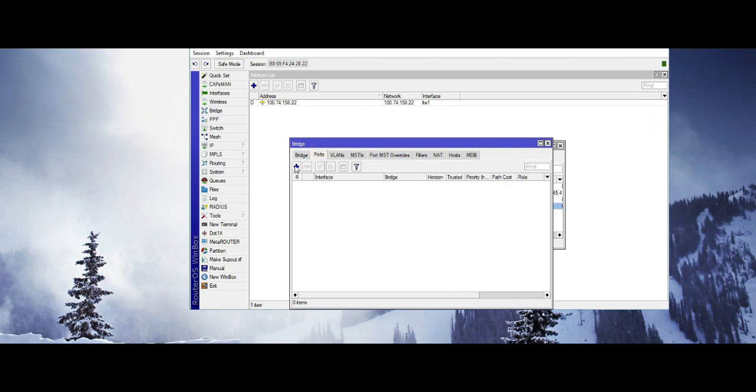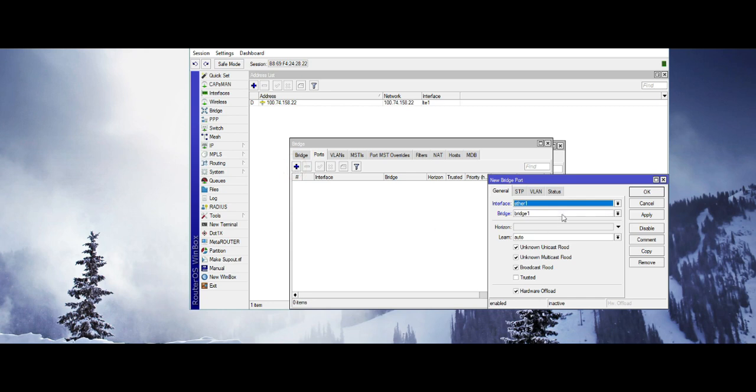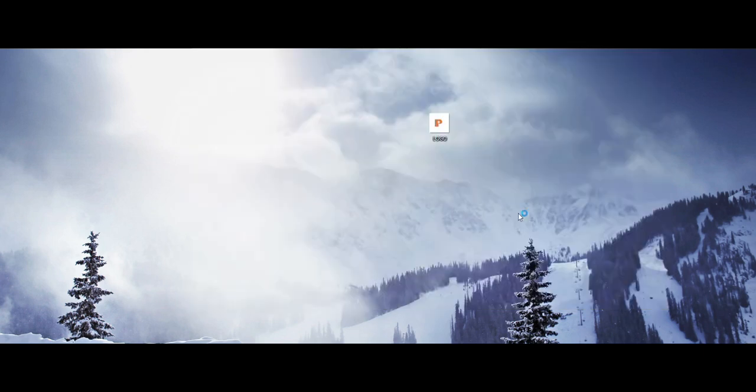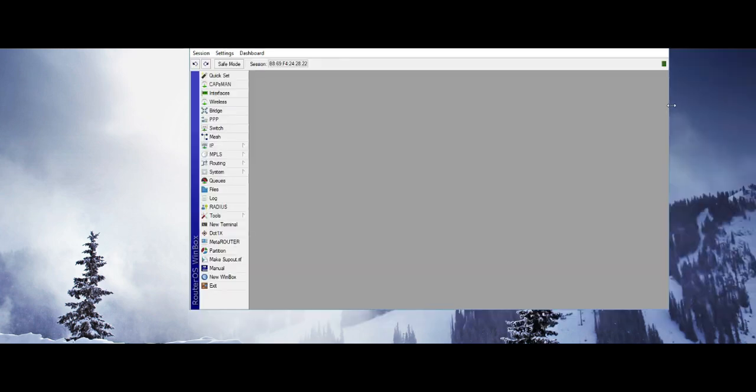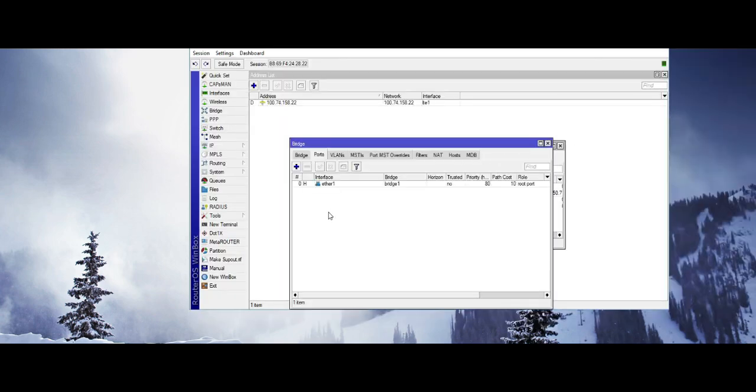You go to Ports, click on Add Port, add ETH 1 to the bridge. You notice now that immediately we added ETH 1 to the bridge, the router resets, or our access to the router resets, because we are logged onto the router using the ETH